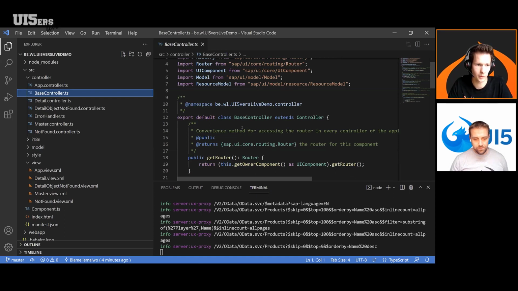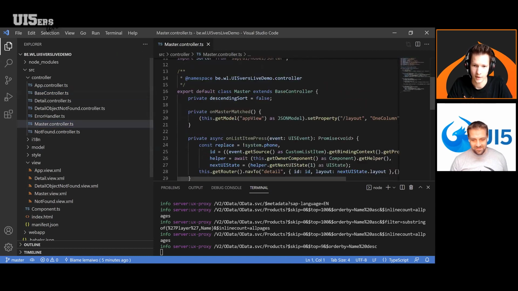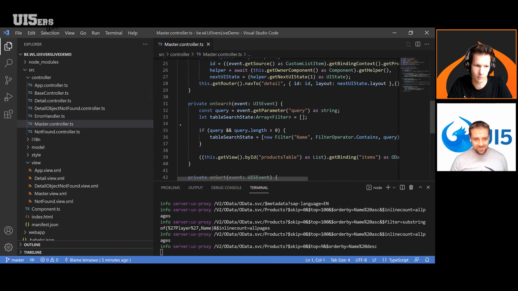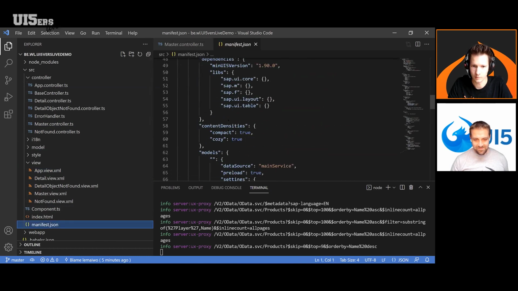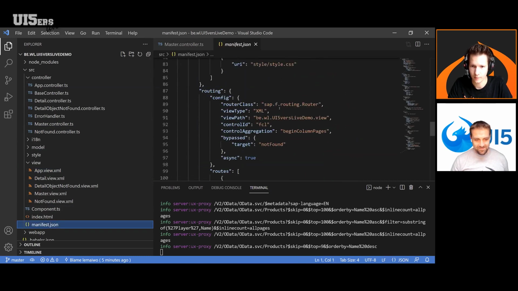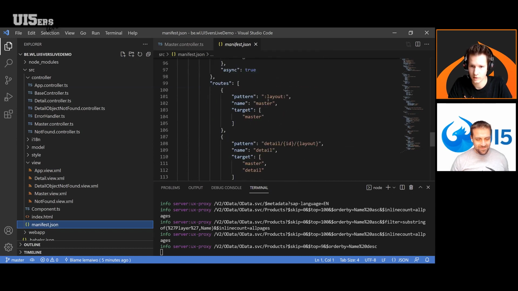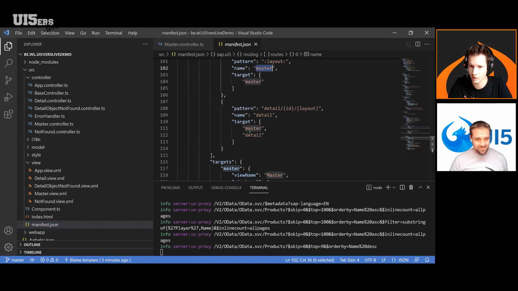Indeed. It automatically sets the namespace, the name, the master. It's quite basic, but it gives you a start with a master and a detail. So you do not have to configure the flexible column layout every time. The routing is done for you. So here it sets the master, it sets the master detail, it uses the ID that you select as key, and it uses the key as the ID for the navigation.